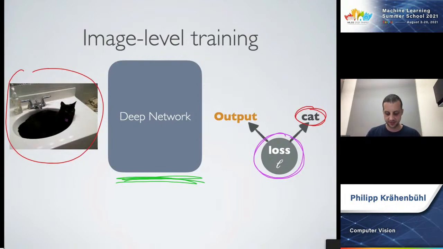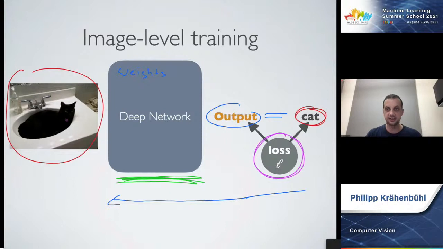All of these steps, the loss function and the network, are nicely differentiable if we set it up using deep networks. So we can just use gradient descent, stochastic gradient descent, and large amounts of data to train the weights of the network. So we're going to train the weights of the network so that the outputs here match the labels that we have, right?